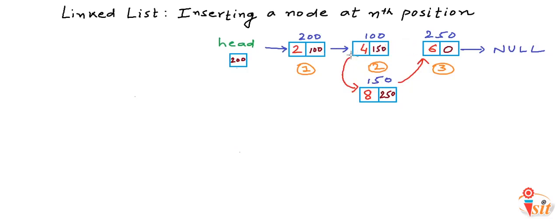We may have special cases in our implementation, like the list may be empty, or maybe we may want to insert a node at the beginning. Let's say we will take care of special cases, if any, in our actual implementation. So now let's move on to implement this particular function in our program.